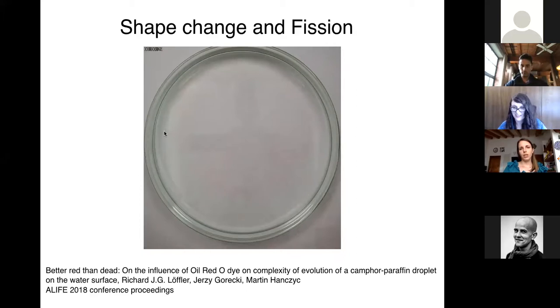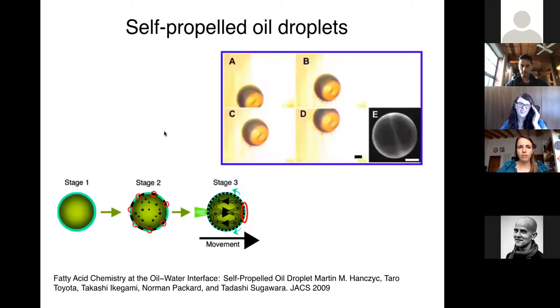But these are not the only behaviors that we can produce using this structure that is initially not living, but seems to have a behavior like that of one living organism, one amoeba, one bacteria moving. So another example of these lifelike behaviors is propulsion. There was this work from 2009 by Martin Anczic and Takashi Kigami, in which they showed that they can propel oil droplets.